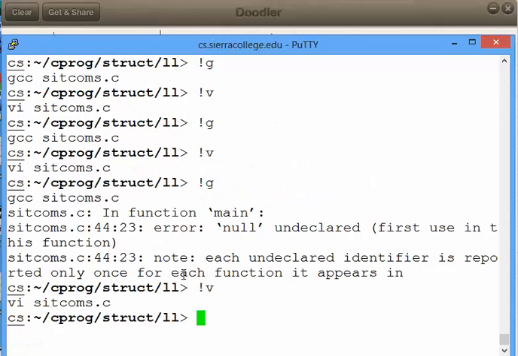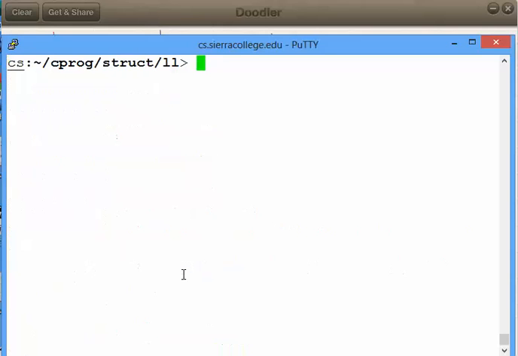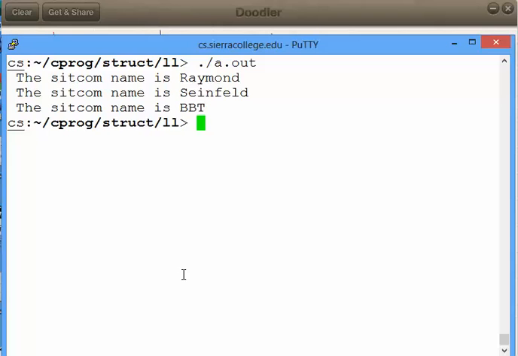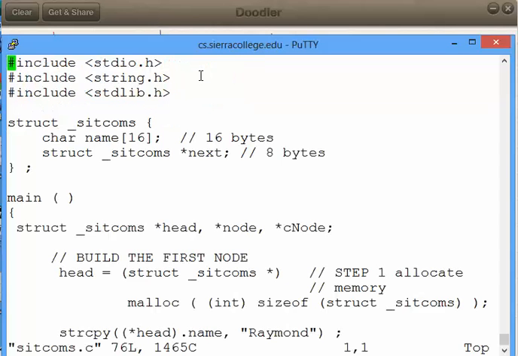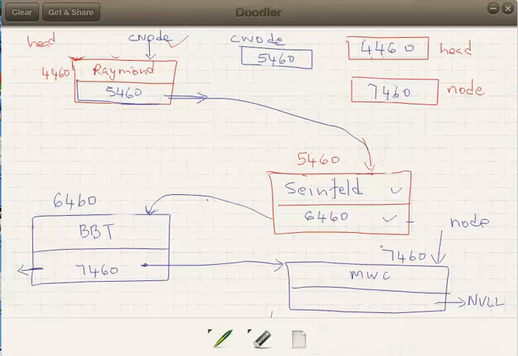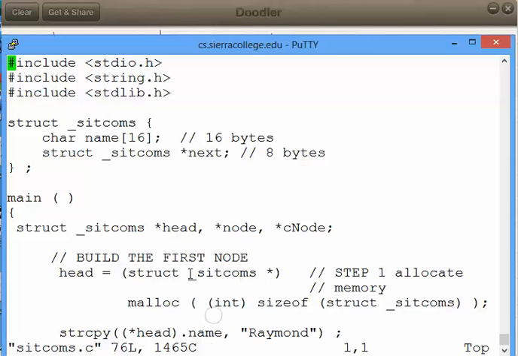There are no compilation errors. If you see it, we are able to print Raymond, Seinfeld, Big Bang Theory, but we couldn't print Married with Children. The reason is that we came here, our c node was pointing here, and we say while c node dot next is not equal to null. In this case, it is equal to null, so it didn't print this guy. So outside the loop, you have to come and print it. Now when I do it,